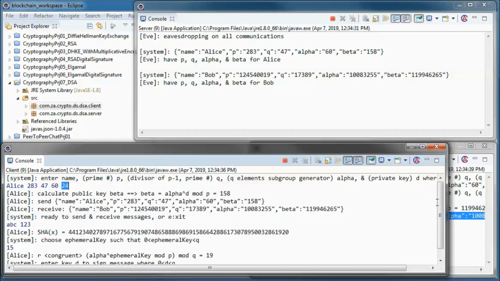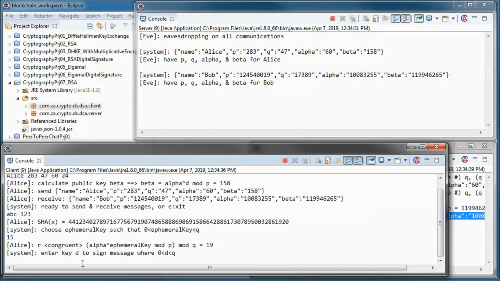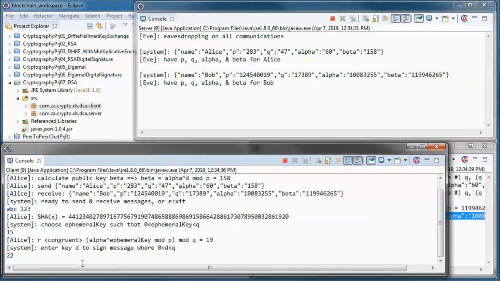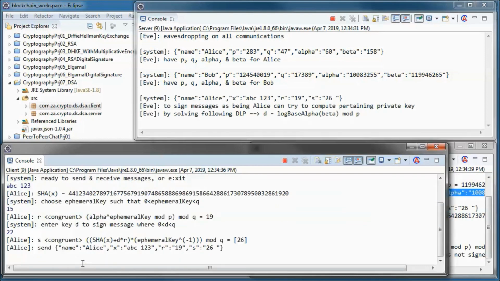So it should be this number, but let's go with this number and see what happens. So she calculates S, the other signature param, and sends her information or her signed message to Bob. So X, R, and S.